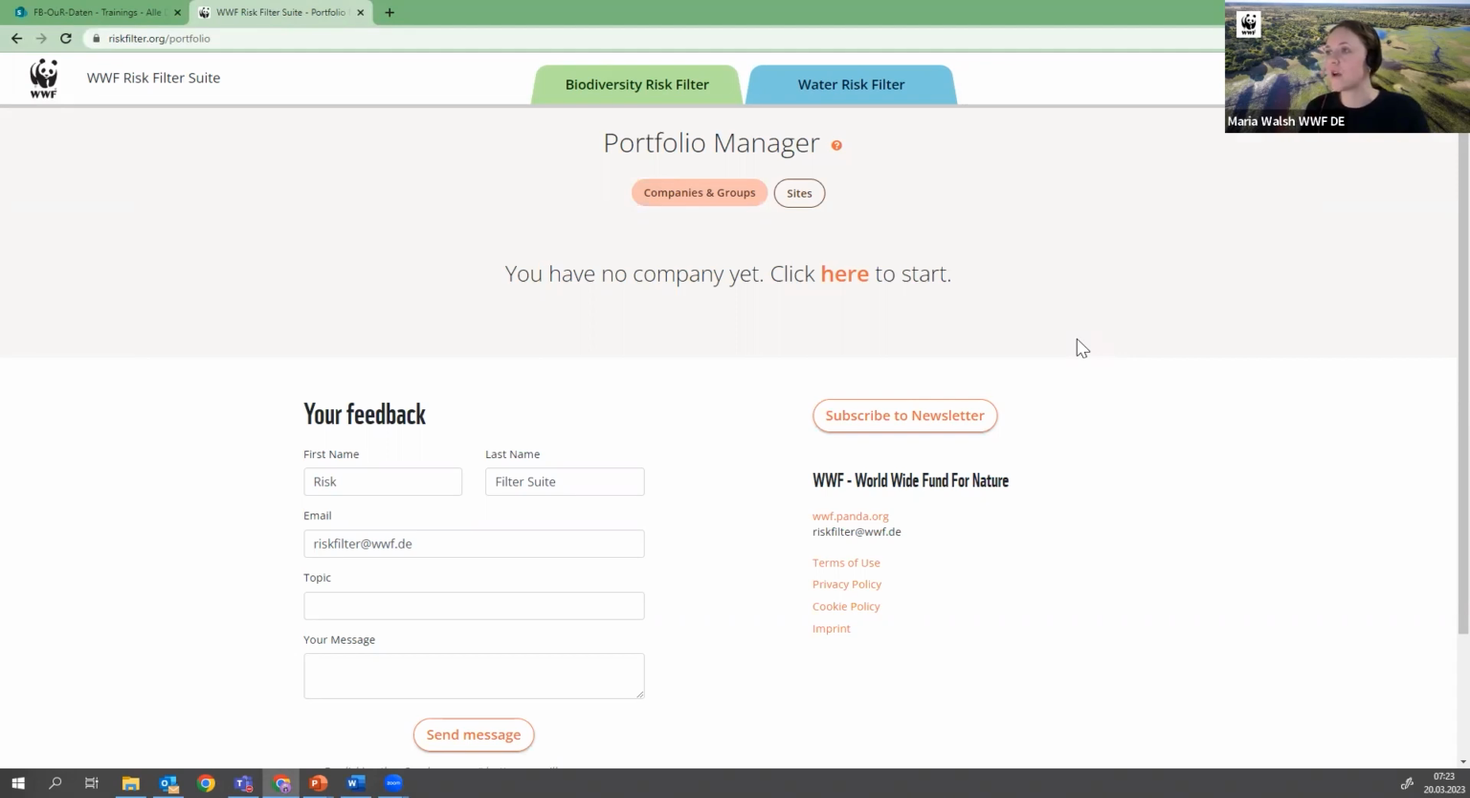So this is a fresh login right here with no data attached to it yet. So you have the portfolio manager, and you can see here as well, you have two tabs under the portfolio manager. One is company and groups, and one is sites. We'll be going into these